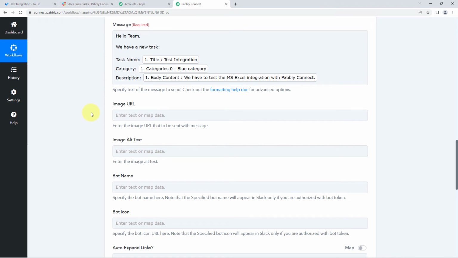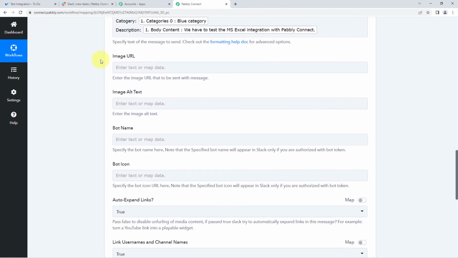So I want that this is the kind of message I want to send on my Slack channel whenever a new task is created in Microsoft To Do. If you want, you can basically change the body of the message according to your choice and map the required data whichever you want. After drafting the message which we want to send on our Slack channel, it asks us